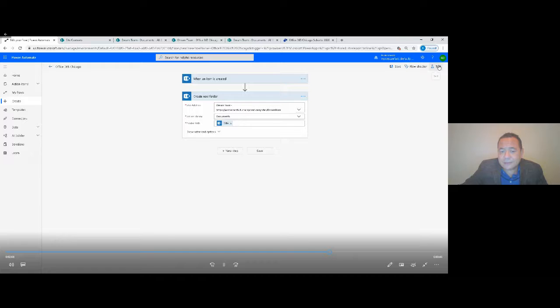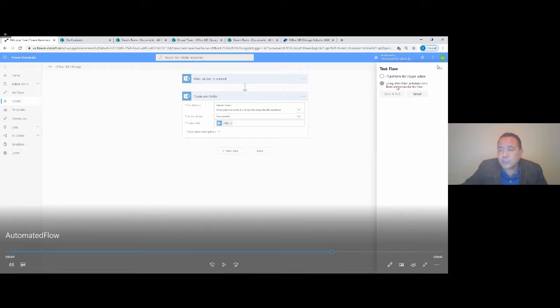When you test it, let me pause it here. You can actually use an existing previous run that you did. So if you have been testing this because you have been making changes to it, then you don't have to start a new trigger. You can use an existing one and then do that.